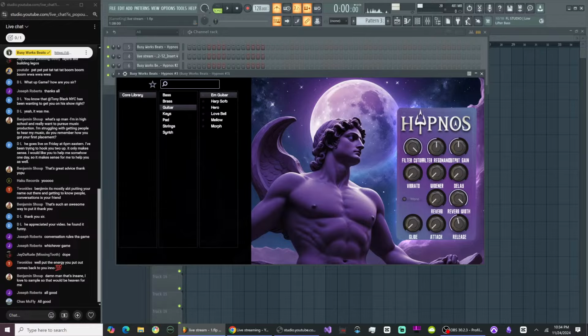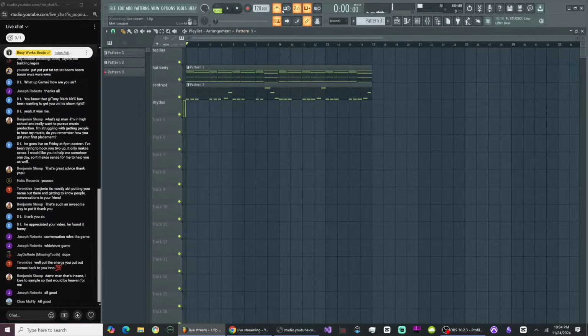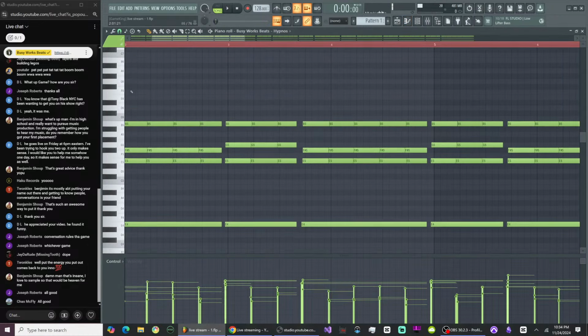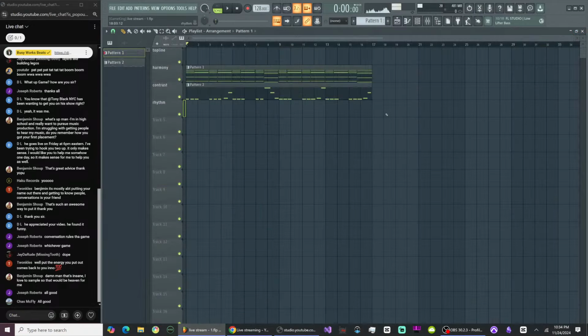Let's add some guitar in here. I do have guitar in Hypnos. Not to sidetrack it, I'm sorry, yo, but here's some guitar. I'm going to add this as a top line. Usually for the top line, I want to start 1 octave higher than my harmony. So the top note is this. I'm going to go at least up to B, up there. So I want an instrument that sounds natural in the high frequency.